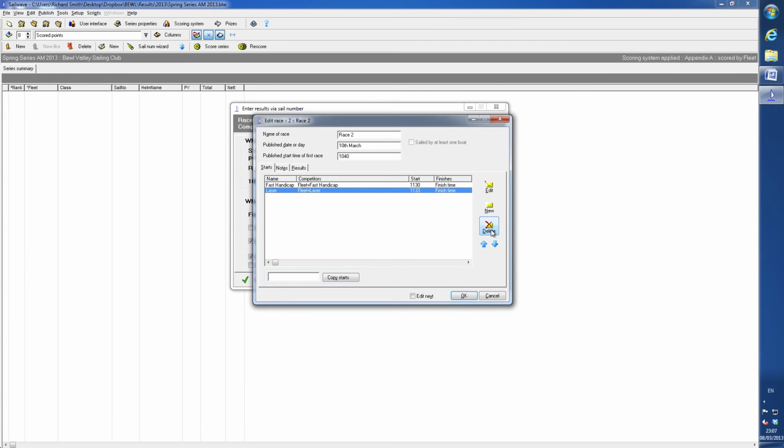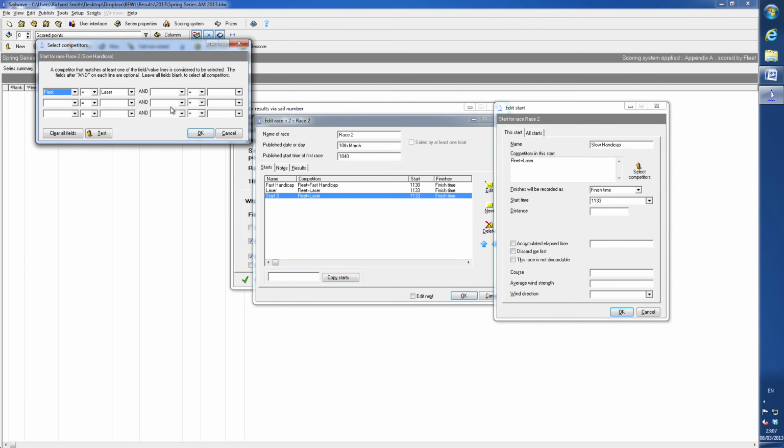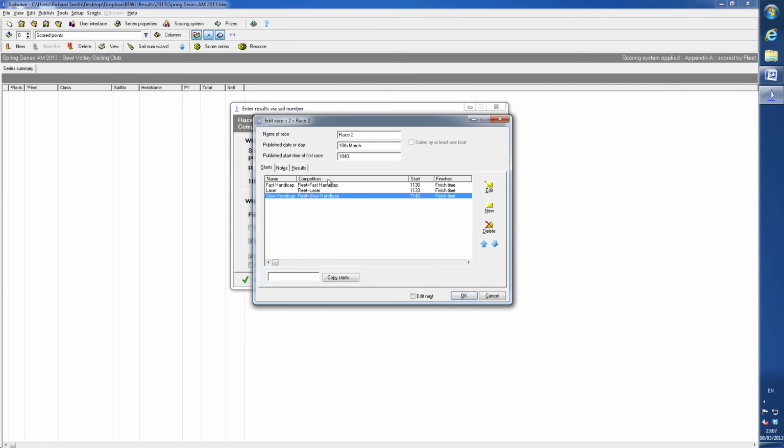Okay, and we then need the slow handicap, so create another one, change it to slow handicap, and the fleet obviously needs to be changed to slow handicap as well, and their start time, let's do them at 11, well in theory 11:36, but let's say it was a different one, we could do 11:40 for example. And again, right, there we go, I've got all my starts set up, all my start times, I'm ready to